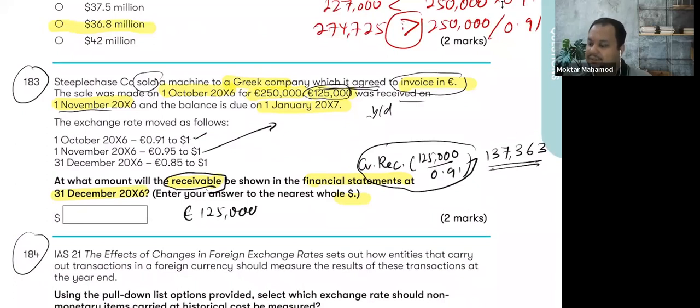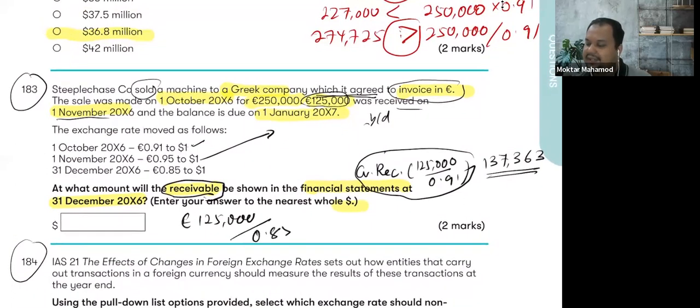Right? Then directly divide by 0.85. So 1 to 5,000, the other half that hasn't been paid, you divide by 0.85, then you get 147,059. So this is simple, if you understand enough, you work based on euros,